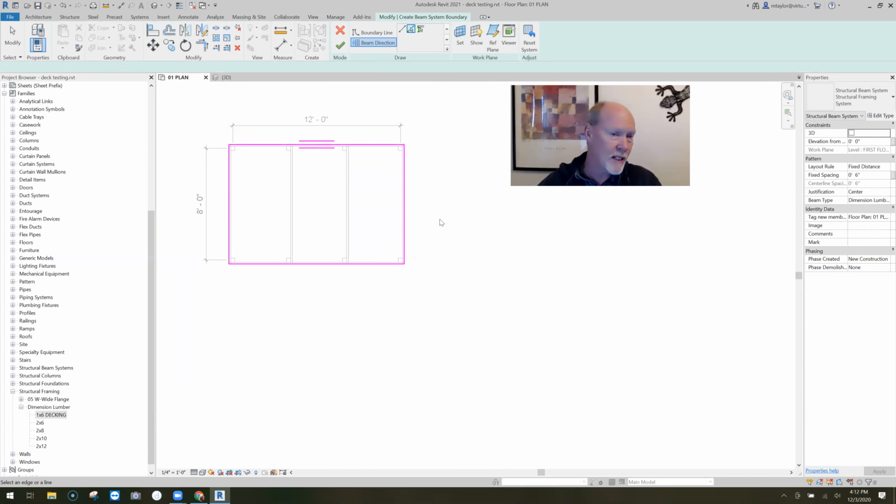Okay. So now before I say done, there's a couple things you have to do. Remember, this beam system is going to come in level with the top of the column and the beam. So I want to lift it up. Over here, the elevation, I'm going to lift it up 3/4 of an inch. That's the first thing I do. But then I want to set the fixed distance of 6 inches, and my beam type, I'm going to change that to the 1x6 decking. Okay, so now it's ready, and I can check the box,